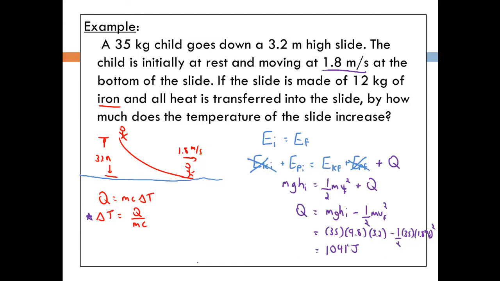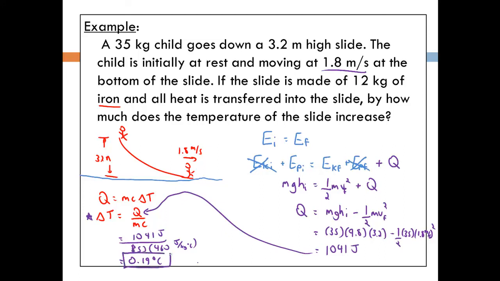So you see that the real trick to this is realizing that conservation of energy is certainly at play, and we have to use it. You can imagine this being even harder if I bring in the idea of conservation of momentum as well. So if we look back to our equation for delta T, we have our Q now, it's 1,041 joules. We still know our mass is 35 kilograms, and we know our specific heat, thanks to our table, is 460 joules per kilogram degrees Celsius. And we finally get a change in temperature of 0.19